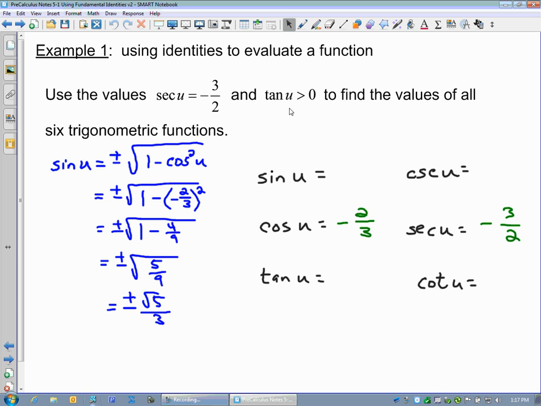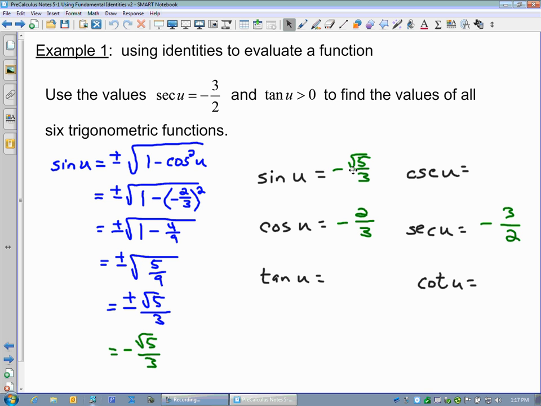So if we think about this for a second, since tangent is sine divided by cosine, and that result must be positive, well, cosine's already negative, so that means sine must be negative, because that way a negative divided by a negative is going to be a positive. So of these two possibilities, sine is going to be the negative one. So it's negative square root of 5 over 3,